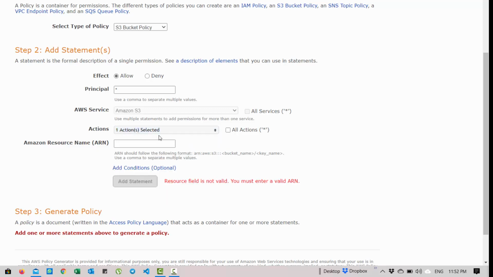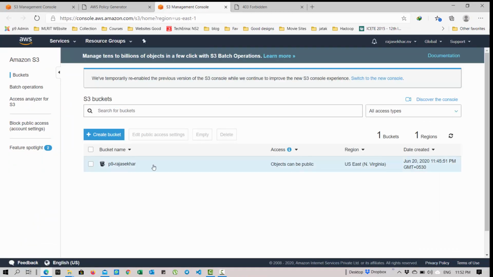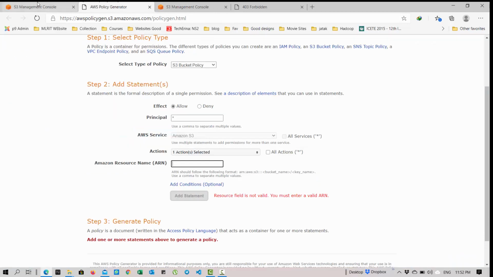Okay, I got selected. One action I got selected, that is get object. Now Amazon resource name, ARN number it is asking. Initially when we created the bucket, right, click on that bucket, copy bucket ARN, copy this, paste it here, and slash star, so that all the files under that bucket.